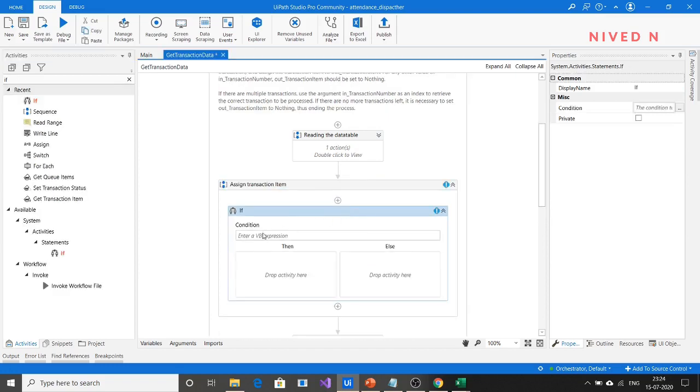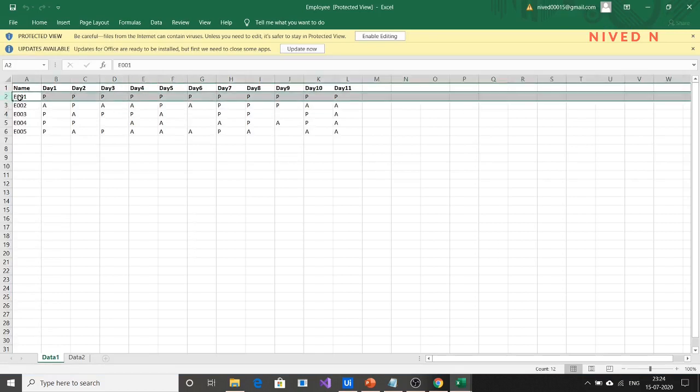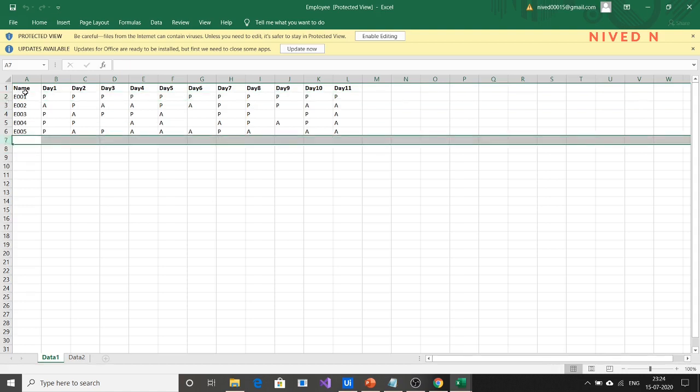What is the if condition? If you look at the employee data, you know that there are around 5 rows of employees data here. So if the transaction number exceeded this number of rows in this data table, we can see that there is no data here.